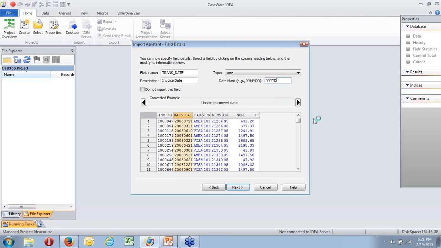That will not convert. It tries to help you. Usually it gets it right. Sometimes it doesn't. The next field we want is the one in the middle, which is our payment type.